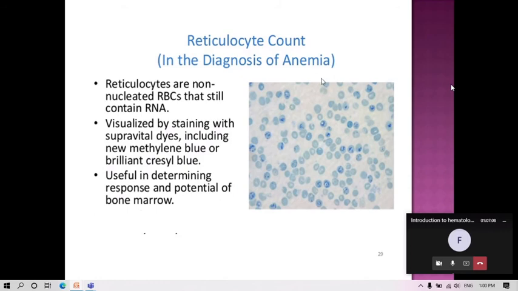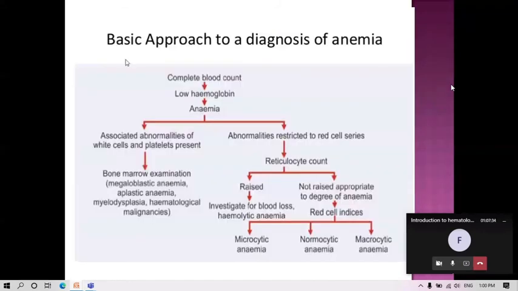So a high retic count indicates whether some hemolytic anemia is going on, or if someone has iron deficiency anemia and you have started hematinic therapy, then as a response, the retic count will increase. If you have started vitamin B12 or folate therapy, as a response, this retic count will increase. So the basic approach to a diagnosis of anemia is